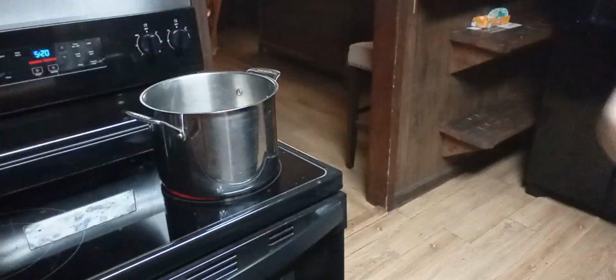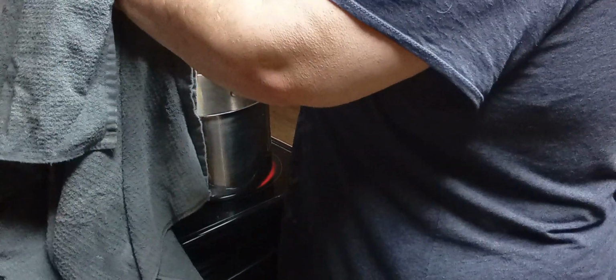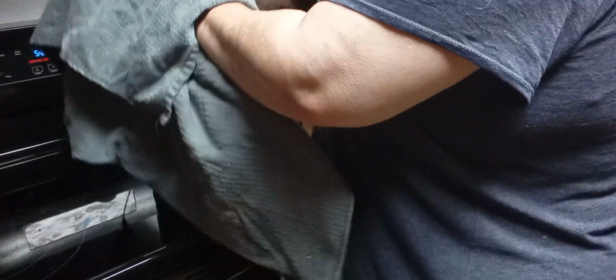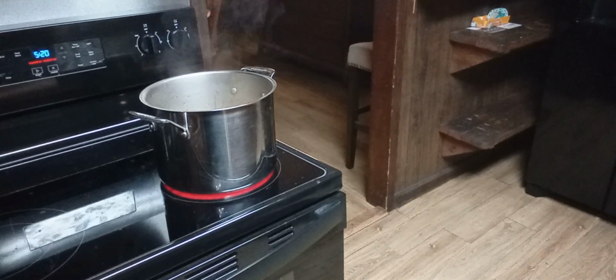Okay, I got my pot and we're going to put it on there. Okay. Everything in this pot is nothing but pure flavor. So we're going to pour it in the pot and let it start doing its thing. And I'll show you how we get more liquid, because that's only like 2 quarts of liquid. Let me put a little broth in this, and I'm gonna put these